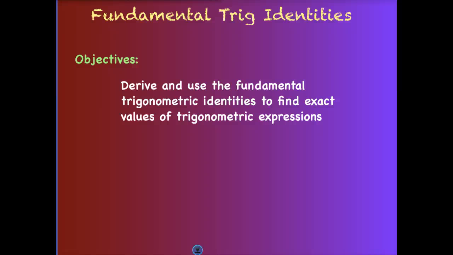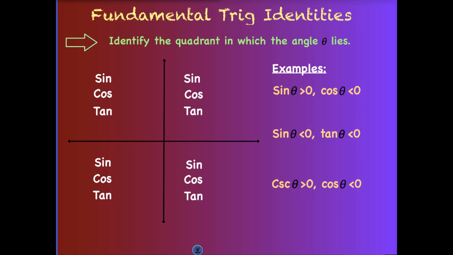For this lesson, we will begin looking at trig identities. We will look at the fundamental trig identities. So our objectives are to derive and use these fundamental trig identities to help us find exact values of trigonometric expressions. Before we begin, let's look at our three main trig functions, sine, cosine, and tangent, and their signs in